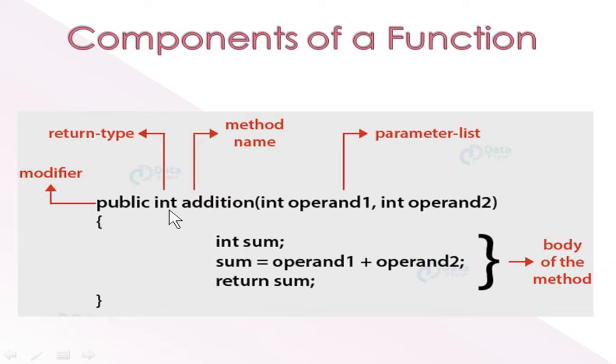Next is return type. If you find any primitive data type like integer, double, character, string, or anything, then you expect some data to be returned. That means the return statement will be available, which will return a value. Suppose you are not going to return anything, then you will have void. Void means it doesn't return anything. If you specify void, then you won't have the return statement. You will have a normal output statement where you display the output in the function itself.